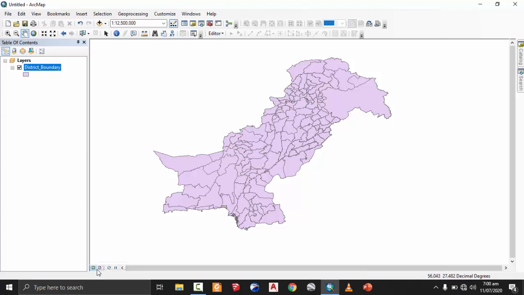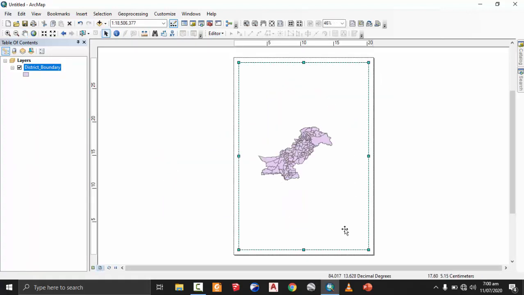As we have previously discussed, there are two types of view in GIS. The first one is data view and the second one is layout view. If you just click on the layout view, you will feel the difference: it is enclosed in some lines or layout, the size is reduced now and the margins are there, so you can create a map there.